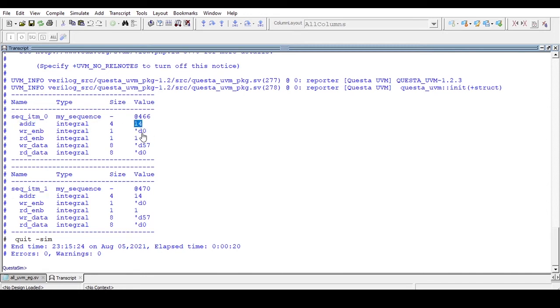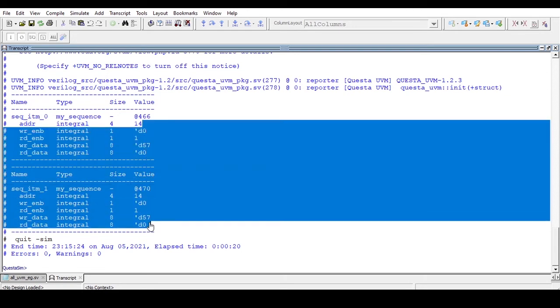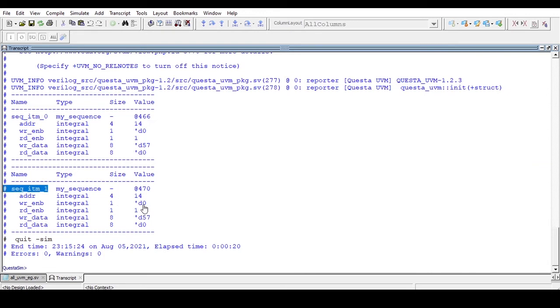Address is 14, write enable is 0, read enable is 1, write data is 57, and read data is D0. And the same here in sequence item 1: 0, 14, 0, 1, 57, D0. So this is the copy method. Very simple. We are copying sequence item 0 into sequence item 1.